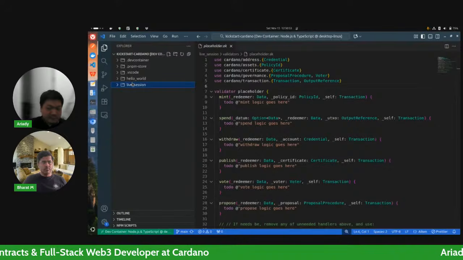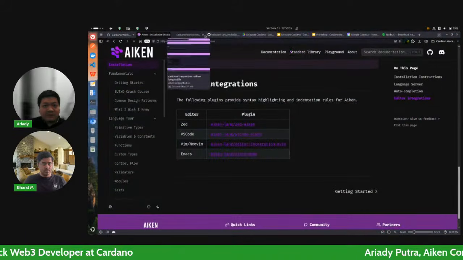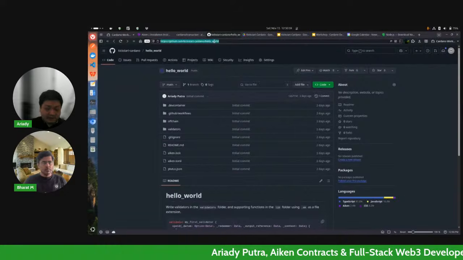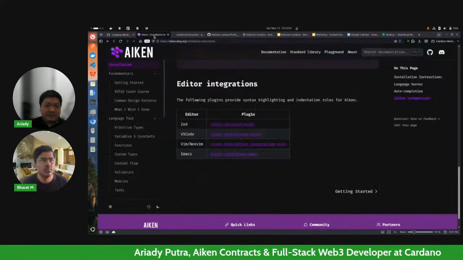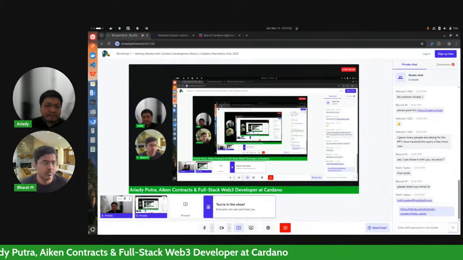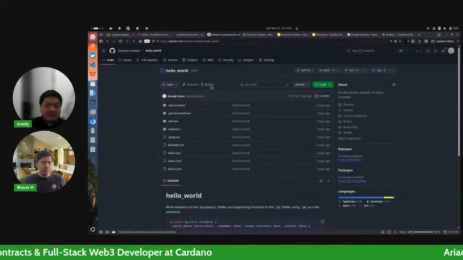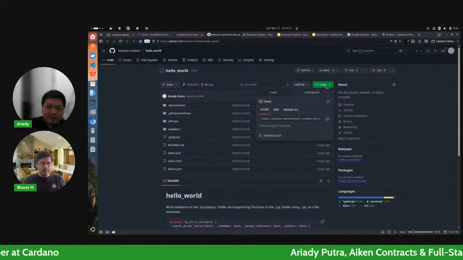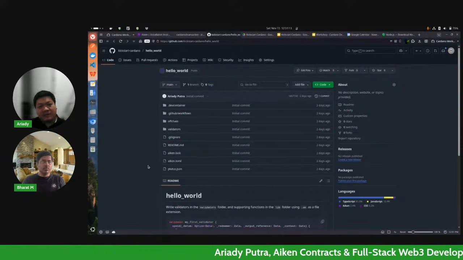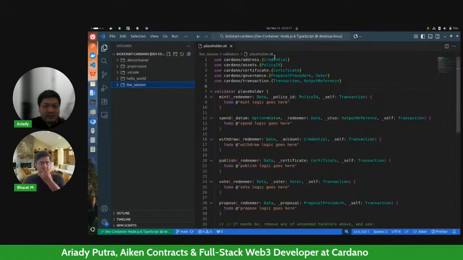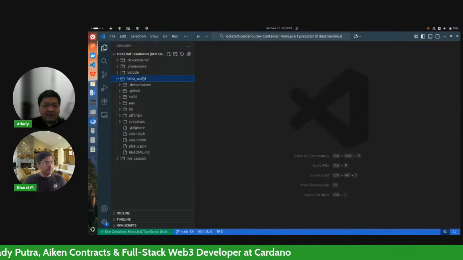So to speed things up, I've already created a repo here. It's on GitHub, Kickstart Cardano Hello World. Let me share the link. What I urge everyone to do is to clone this repository, and this is an Aiken project with a dummy smart contract here.